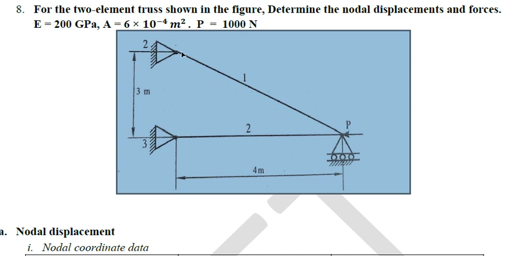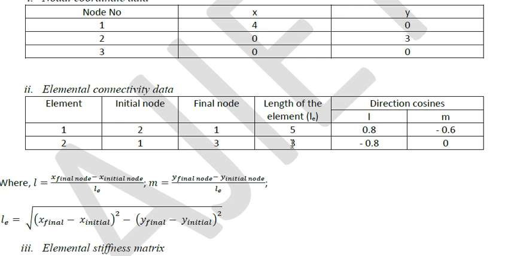Okay. Here, the length of element 1 can be found by Pythagoras theorem. This is 3, this is 4, this should be 5. It is root of 3 square plus 4 square, which will be 5. Please make the correction: this is not 3, this is 4. This calculation is done correctly considering 4.